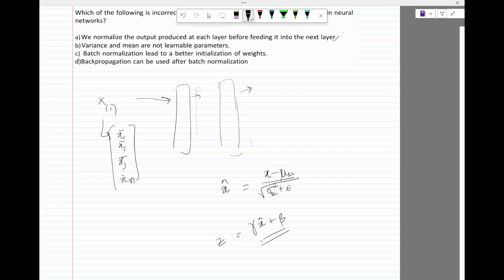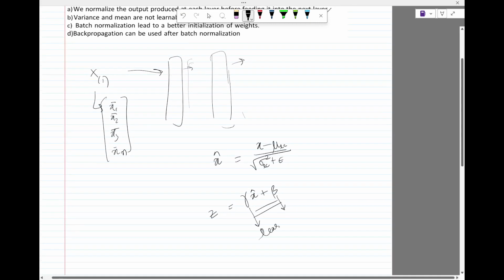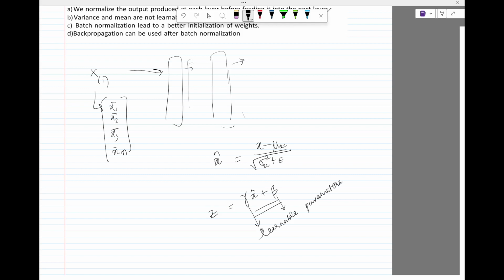So this gamma and beta, they are learnable parameters. And now the mean and standard deviation of z will depend on gamma and beta,